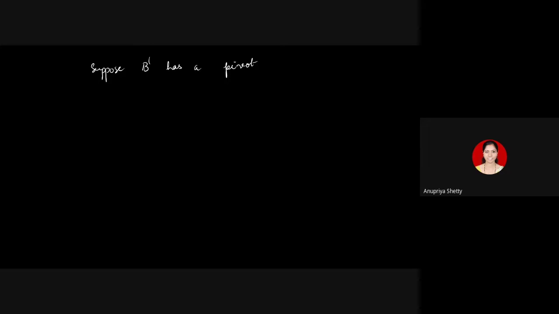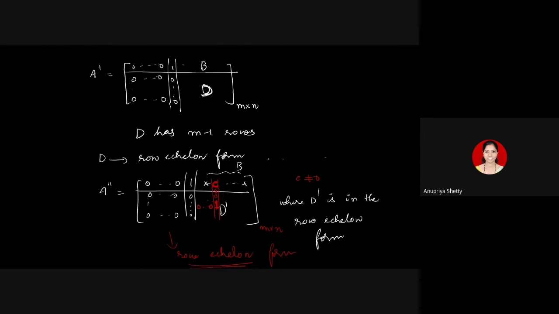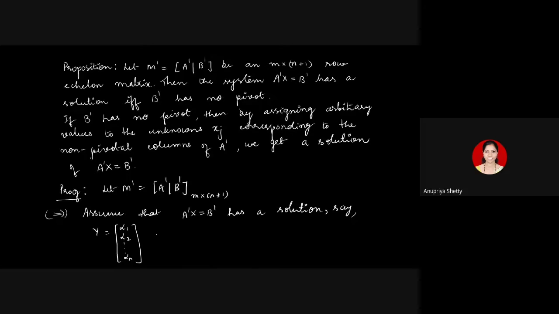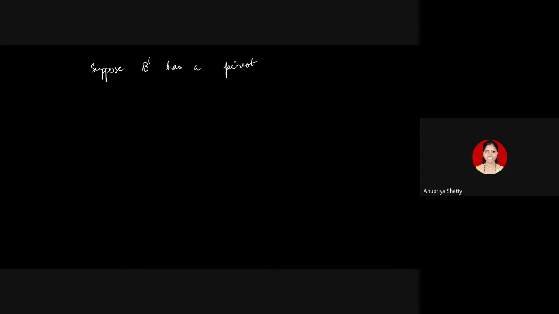So some row of the matrix, I'll go back to the previous slide. Some row of this matrix M' has a pivot which is present inside B'. That's the understanding. It has a pivot, say in some kth place, in kth position, where k is some number between 1 and m because B' has exactly m entries. Remember, B' has m entries.